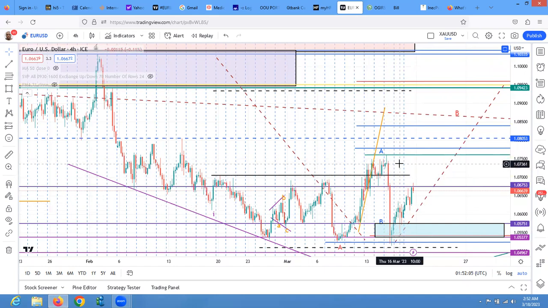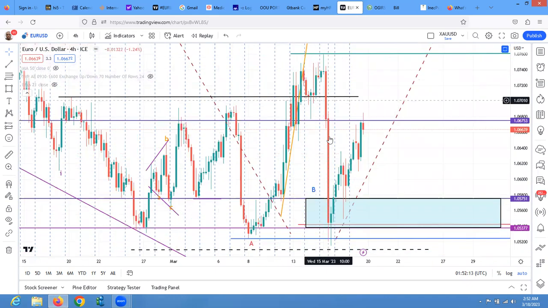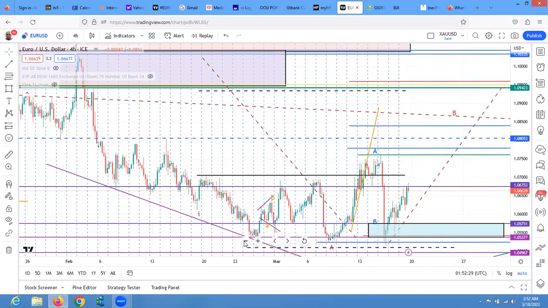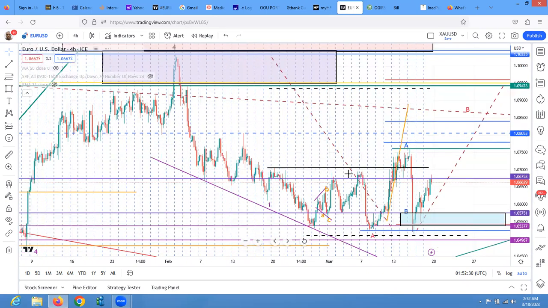Now, when you don't understand structure and you are only looking at candles, you read, oh, this is an engulfing candle. See the way they came down, boo, boo, boo. That means they are now moving down again, and this is going to be a 2. Me, I'm not saying that, because I'm looking at the structure. The structure is what I'm counting. And I have finished with A. And this is A